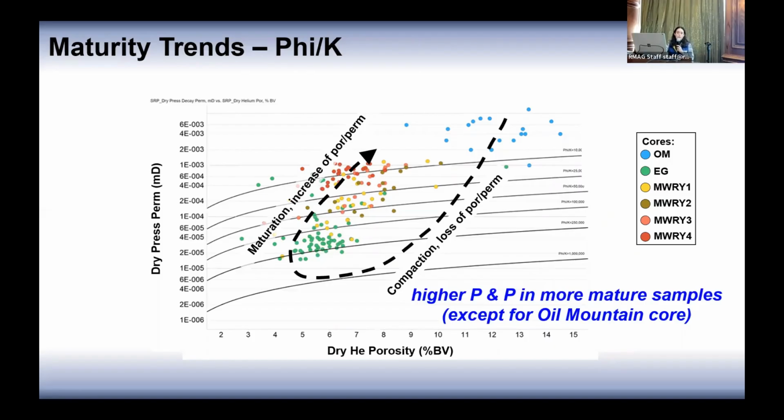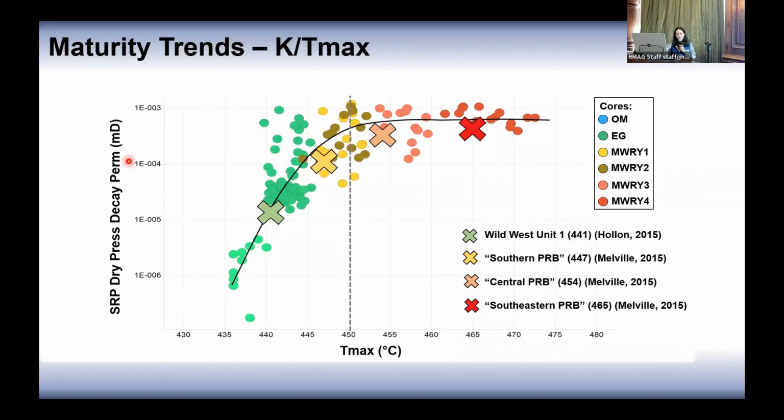So you could think of this in a different way and just map thermal maturity versus permeability. And you get this cross plot. And what I did here was combine a few data points, that's these X's, that were taken from things I found in the literature. So taken out of Zach Collins' thesis on the Mowry and Ethan Melville's thesis on the Mowry, and confirmed this isn't a trend that's an artifact of my data set. This is truly what the permeability and thermal maturity data looks like when you cross plot them. So you see this trend of increasing up to around a Tmax of about 450 degrees, and then it levels off. And one potential explanation for this trend